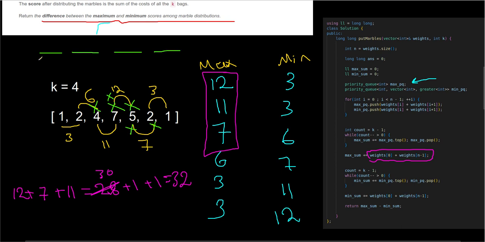The first segment has 1 and this is missing, then we have this missing, this is missing,